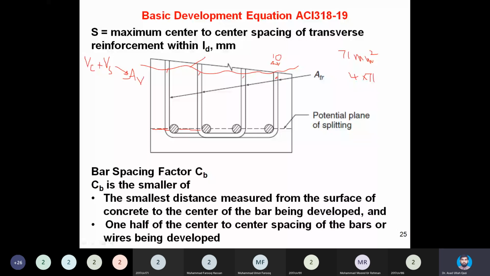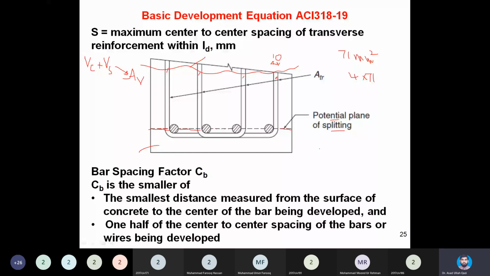So as a whole, this whole concrete cover will get weakened and it may fall off. And as a result, bond will be reduced. So in this picture, a potential splitting plane has been first conceived, and on that potential splitting plane now,